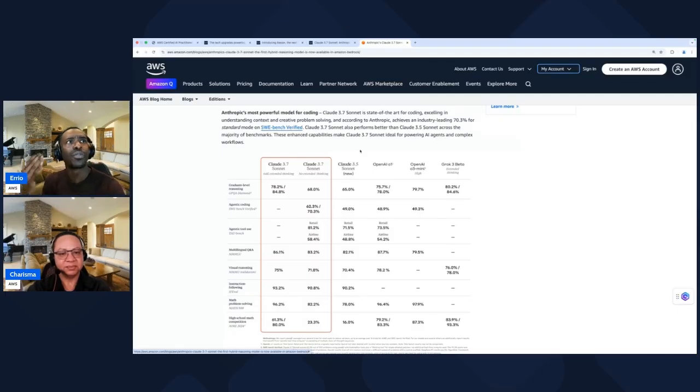And so you'll be able to read this chart to know what percentage of reasoning is happening now that you're using Claude 3.7 versus 3.5 or any of these other ones. But again, I'll leave that up to you. There's a few categories here, like graduate level reasoning, agentic coding, something that we talked about before, agentic tool use, multilingual question and answering, visual reasoning, instruction following, math problem solving, high school math competition. How well would this model do in a high school math competition